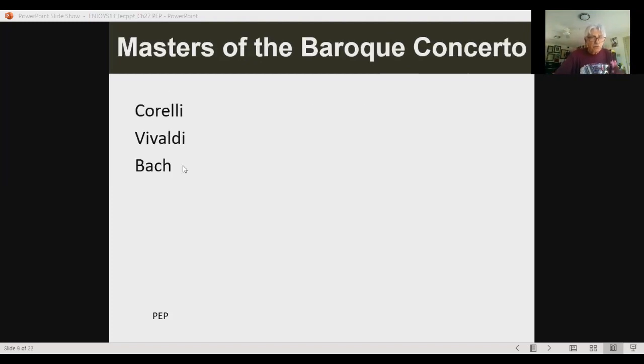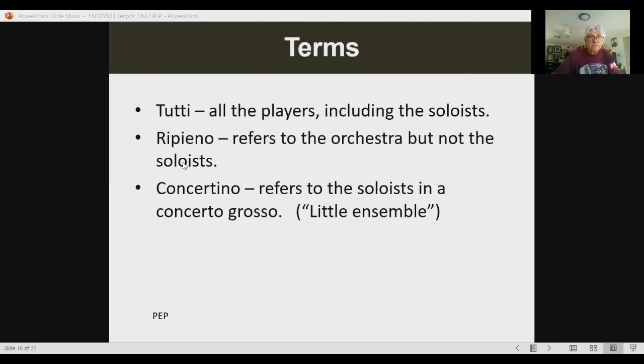These are famous composers. Bach wrote a number of concerti. I told you he wrote his Brandenburg Concertos. He wanted to get a job outside the church, and he tried to get a job at the city of Brandenburg, and he wrote 6 concertos, each with 3 movements, and he submitted them, and he did not get the job. But those are considered perfect examples of concerti today, the Bach Brandenburg concertos. You should check those out.